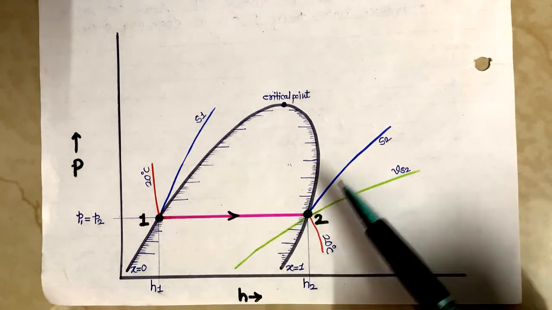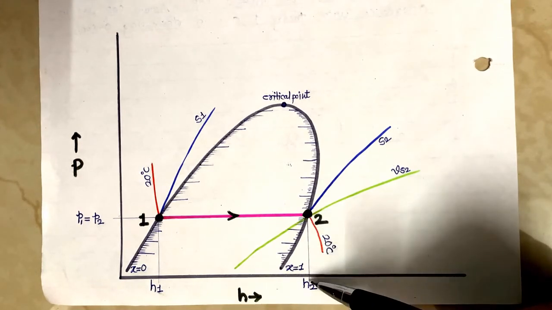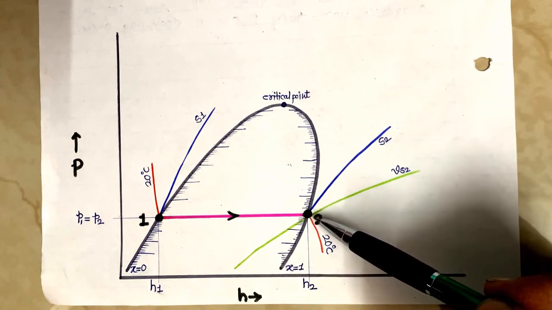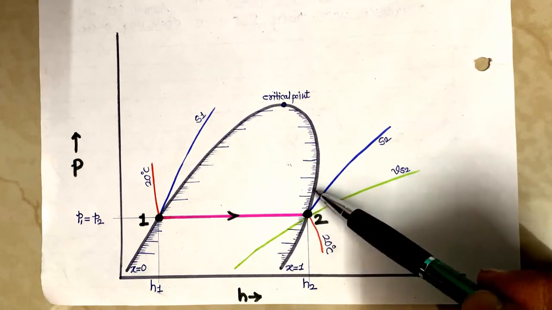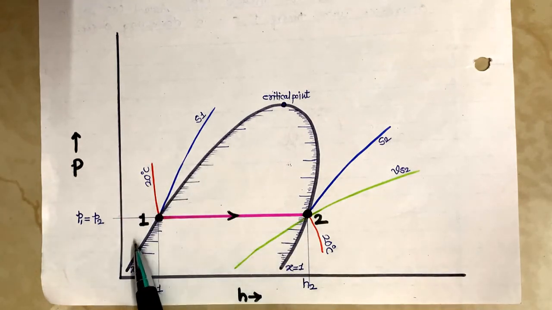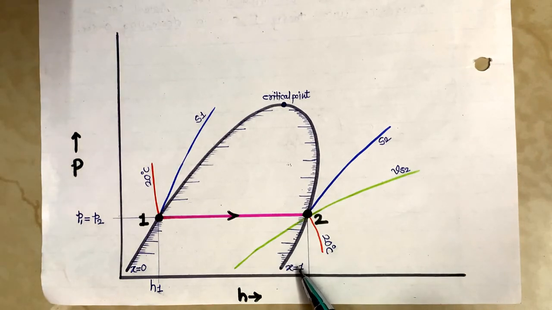At point 2 now, one should be able to know the enthalpy also. Project point number 2 vertically toward the enthalpy scale, so we are able to find the enthalpy. Now observe that point number 2 is on the saturated vapor curve. And we know that for the saturated vapor curve the dryness fraction is always 1, whereas point number 1 is on the saturated liquid curve, so the dryness fraction is 0. For point number 2, it is on the saturated vapor curve, so the dryness fraction is 1.